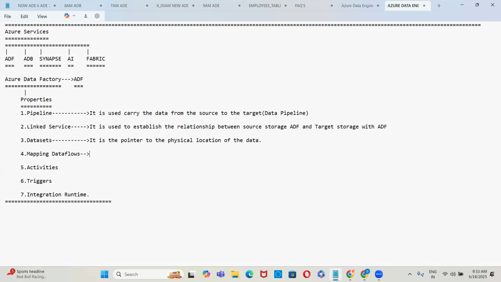And then you have the mapping data flows. What is mapping data flows? These are the actual transformations we use in Data Factory.